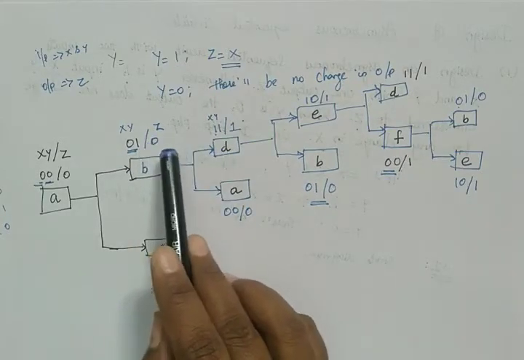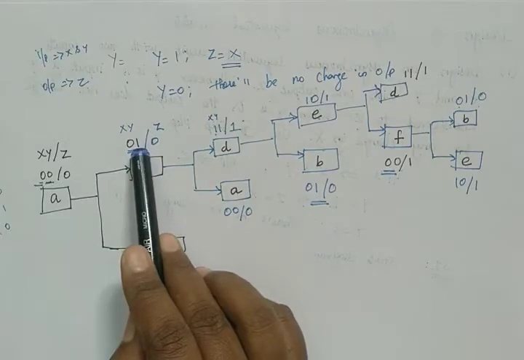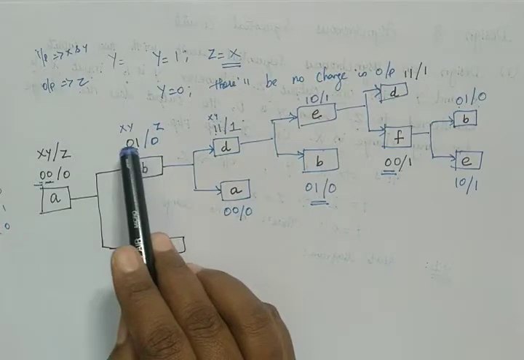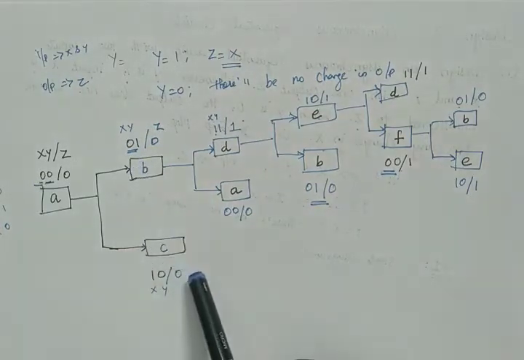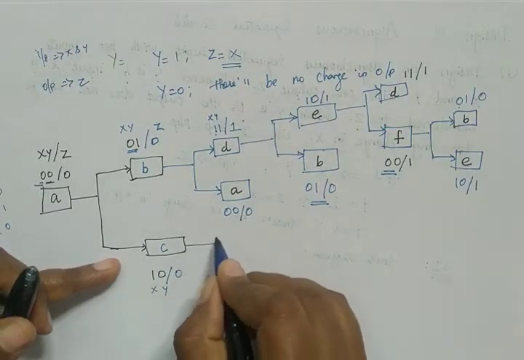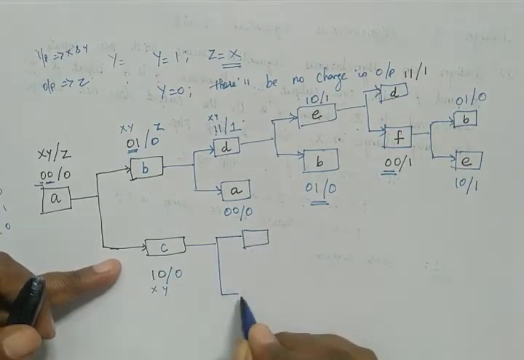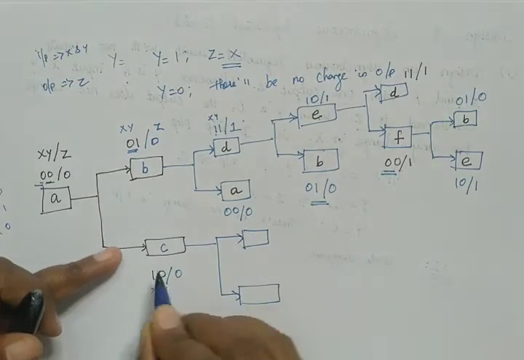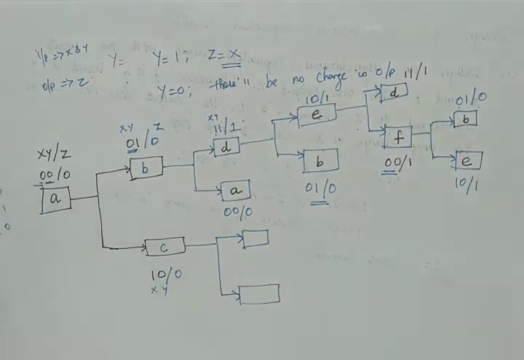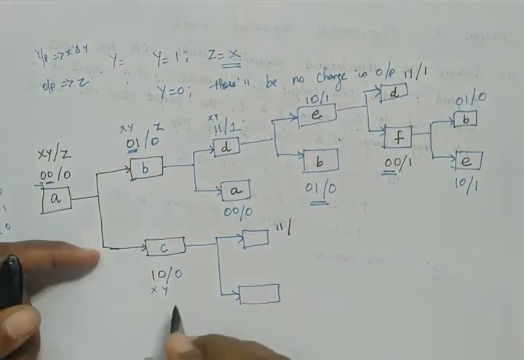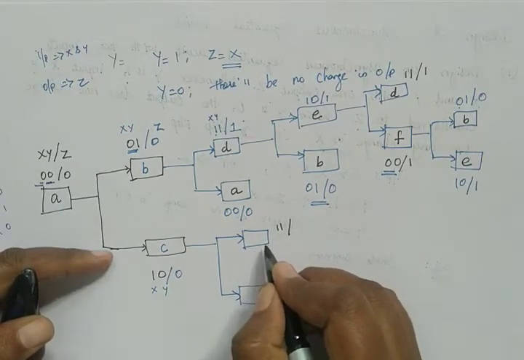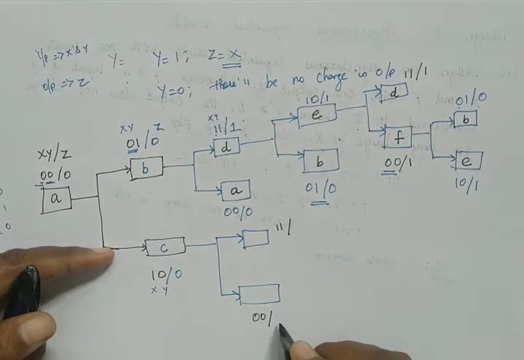Then we have to continue with this. If it is 0 1, then the single bit change is 1 1 or 0 0. Then we have missed here. Here we have C, isn't it? Here we have C, because this is a new state. If it is 1 0, we can write 1 1, or we'll have 0 0. So let us write this. Here it is 1 1 or 0 0.